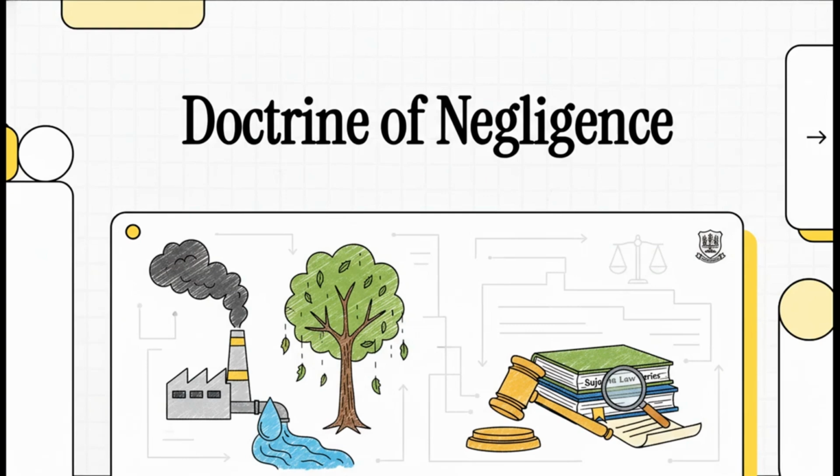In this session, we will conduct an academic analysis of the doctrine of negligence in environmental law. Let's consider a scenario. A company pollutes a river, or a factory cuts corners on safety. Who is responsible? Well, that's where the doctrine of negligence comes into play. We're going to examine how environmental law uses this very powerful concept to hold entities accountable for carelessness that harms our planet. We'll break down what it is, how it works, and precisely why it matters.